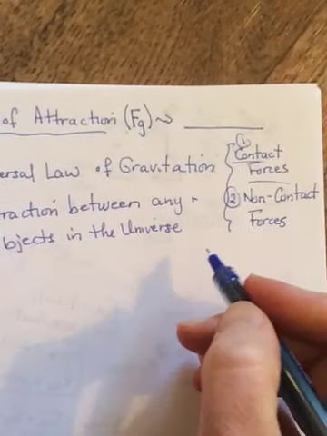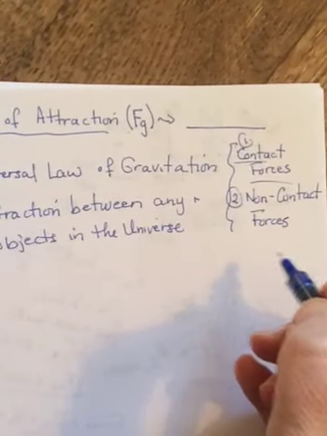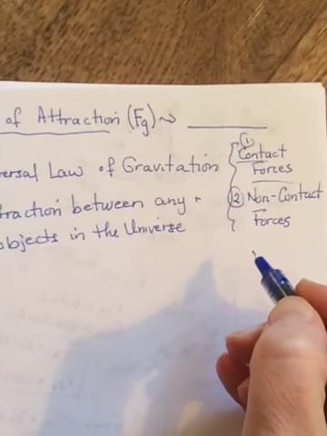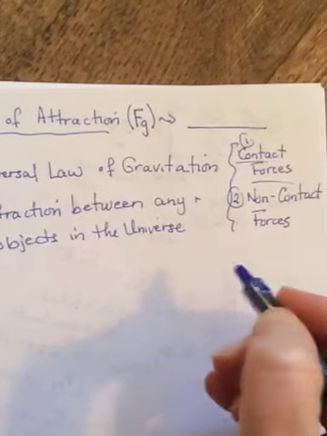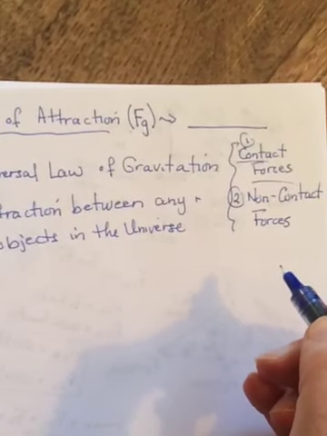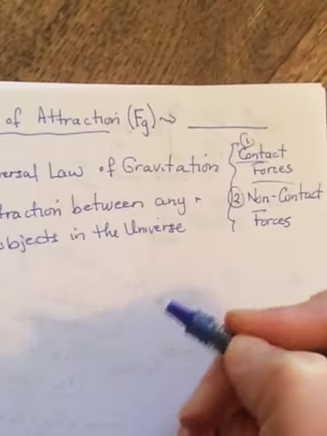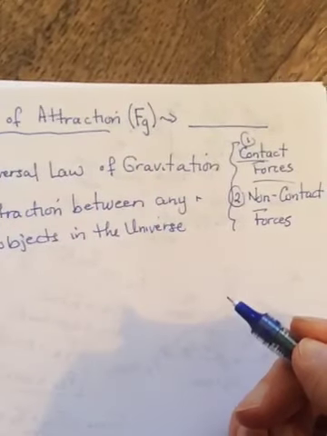If you've ever held a magnet and a paper clip and brought the paper clip closer to the magnet, you know that it doesn't have to touch the magnet before it feels that force, and that if your magnet's strong enough, it'll pull the paper clip out of your hand and bring it to the magnet.